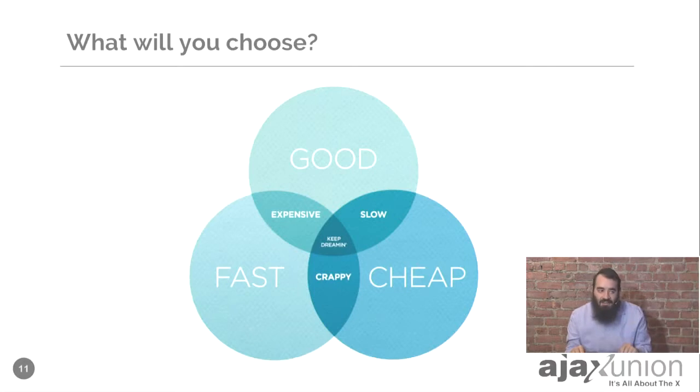If you're good and fast, you're expensive. If you're good and cheap, you're slow. If you're fast and cheap, then you just have a crappy product or service, right? And for some people that like to buy Kobe, that's fine. For some people, that's what works for them. Those people shop in the 99-cent store. They want fast, they want cheap, they just want it. And other people want the Rolls Royce of the product. They don't care how long it takes. They just want to know that it's very, very good, right?